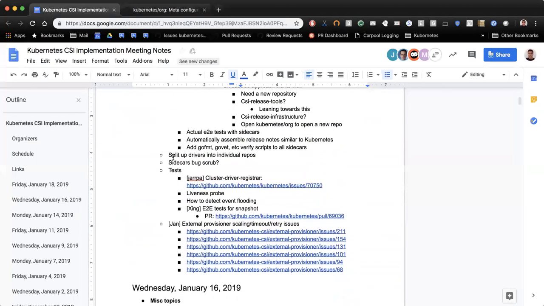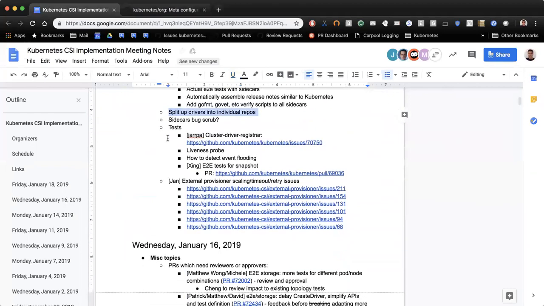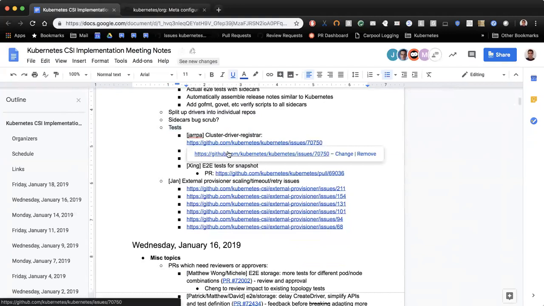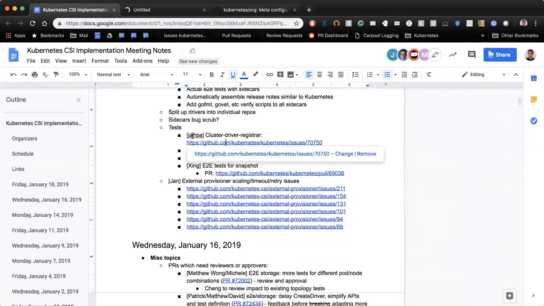Next up is splitting up drivers into individual repos. That is still unassigned. We really should get to this before the end of the quarter, but we could probably do it after code freeze because it's internal to us. Testing cluster driver registrar tests. I'm not sure what